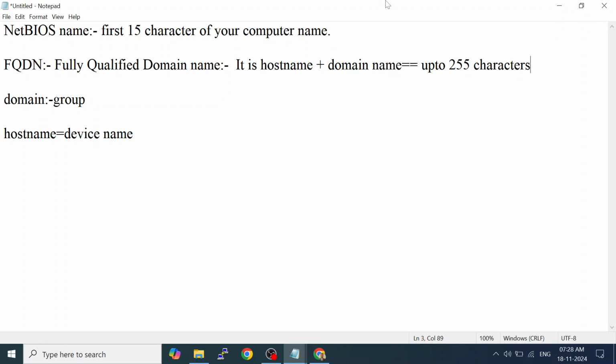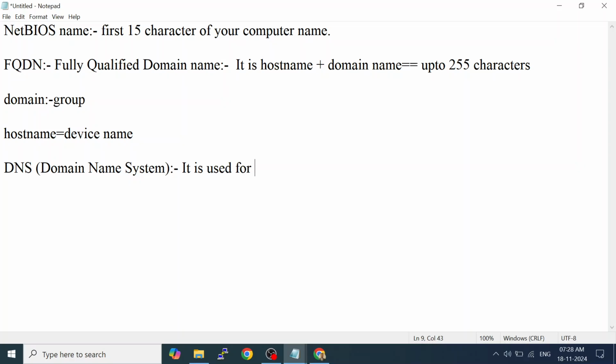Now, when we talk about DNS, DNS stands for domain name system. It's not domain name service; it's domain name system.